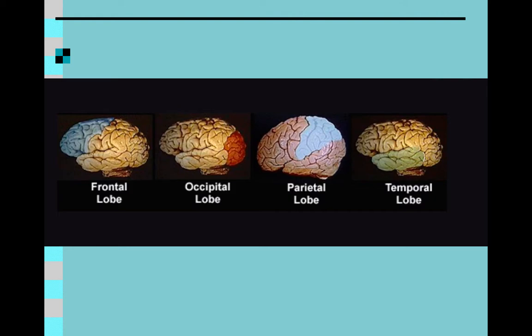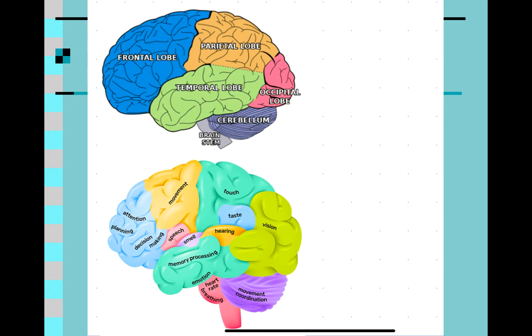Okay, and then when we take it into an animated diagram of it, you can see the frontal, parietal, temporal, occipital lobe all there together. And they labeled the cerebellum and the brainstem as well. Hopefully you have an idea about what those do. And if you look at the bottom diagram, you'll see the regions of the brain and what we know about where different functions of the brain come from. Okay, so we are going to spend time today talking about all of these different regions,